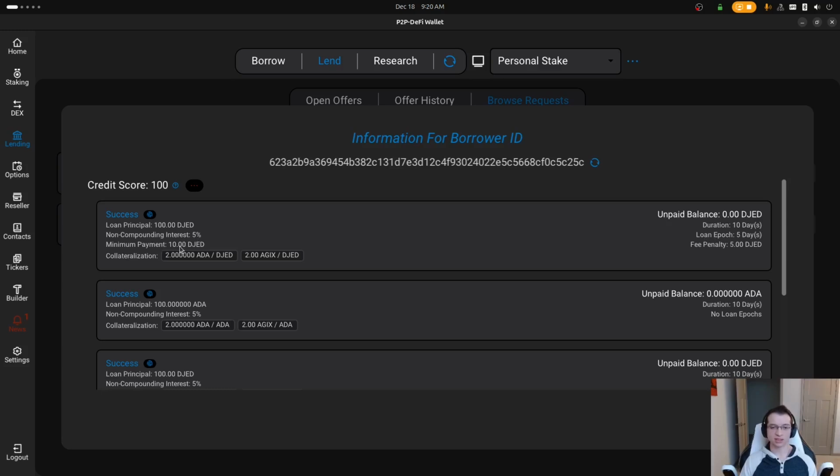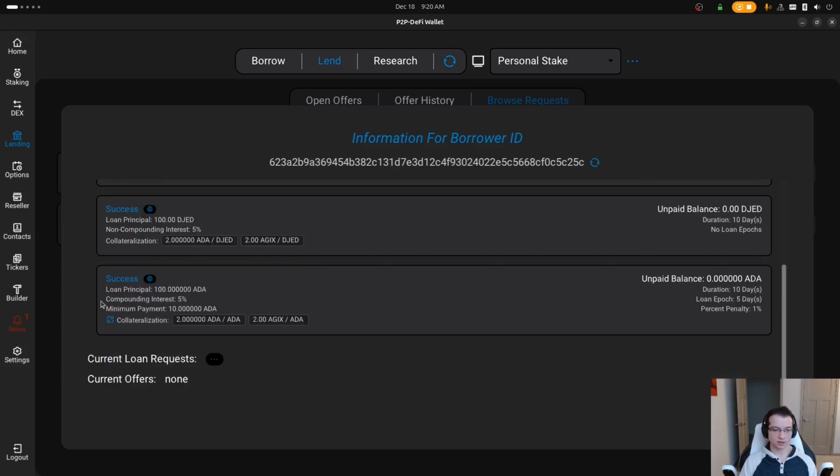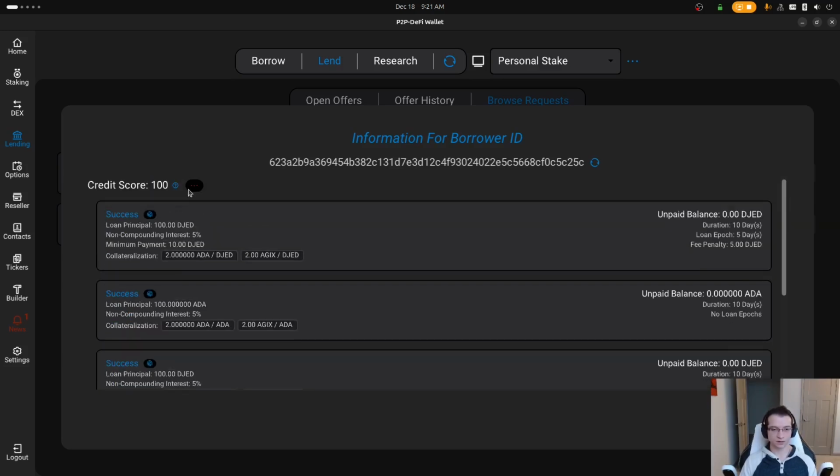The minimum payment in a given payment period was 10 JED, and there was a penalty of 5 JED if the minimum payment wasn't met. And you can see the collateralization rates here. This icon here means that the collateral was allowed to be swapped out during the life of the loan. The lender has to specifically enable this since it does benefit the borrower. We'll go into more detail of this because this is very similar to what you'll see on the active loans